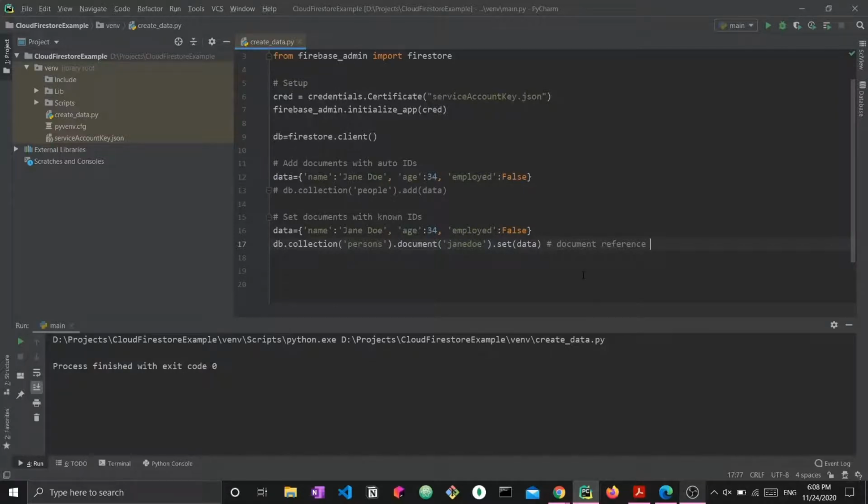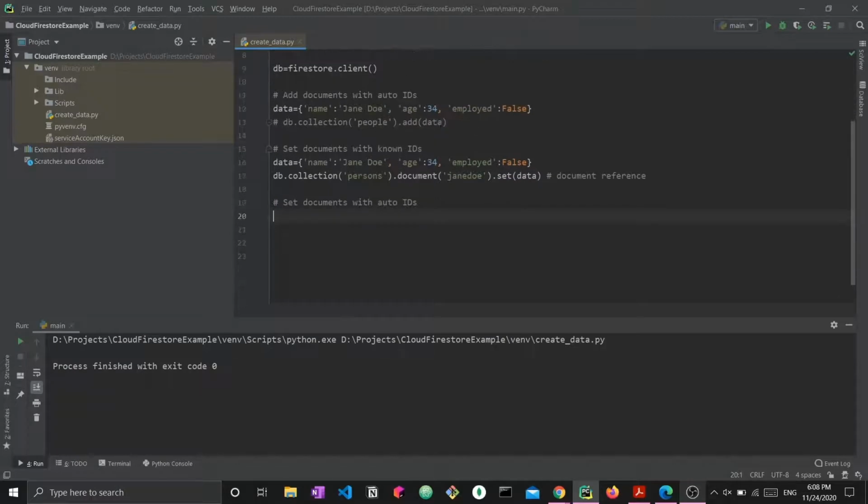Now, another thing we can do, so set does not only enable us to use our own unique IDs, but we can also use the auto randomly generated IDs. How? By doing the following. So now I'm just gonna say set documents with auto IDs. This is very similar to what we already did with add, and what I'm gonna do in this case is I'm gonna clear this field right here. So I will not pass anything into the document reference that I've created. And now if I run this,